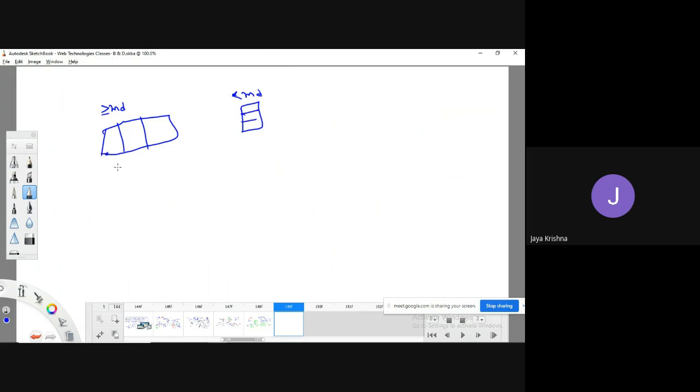At the time, first, how are we going to identify a row? By writing class equal to row. After writing class equal to row, then you need to split into 3 columns. How are we going to do that? You are going to make use of class equal to col, class equal to col, class equal to col. 3 columns we did. But those 3 columns, how do they have to display? This is 2 parts, this is 8 parts, and this is 2 parts.